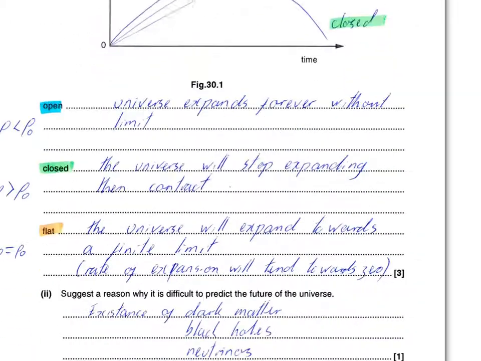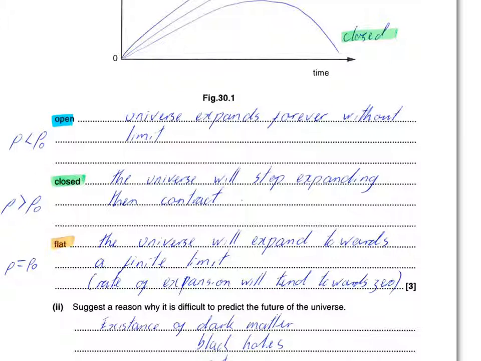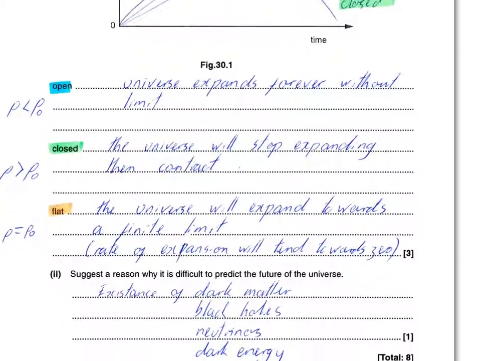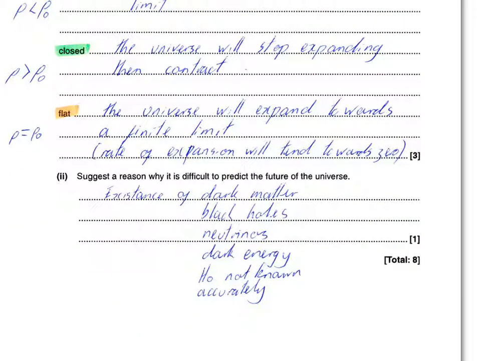So the description that works is a universe that will expand towards a finite limit, or if you prefer, the rate of expansion will tend towards zero. Tend towards zero is a slightly stronger statement than will get smaller, and means the same thing mathematically. Just as a side comment, I've put, of course, that for the open universe that means the density is less than the critical density, closed universe is greater than the critical density, and for the flat universe it's equal to the critical density. Suggest. Now this word suggest in a question always means that essentially you won't have been taught